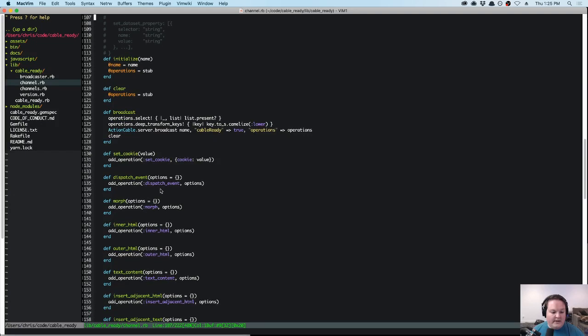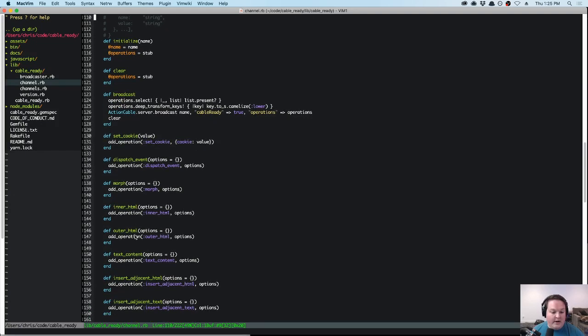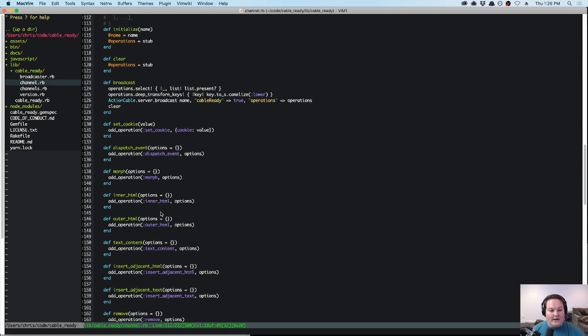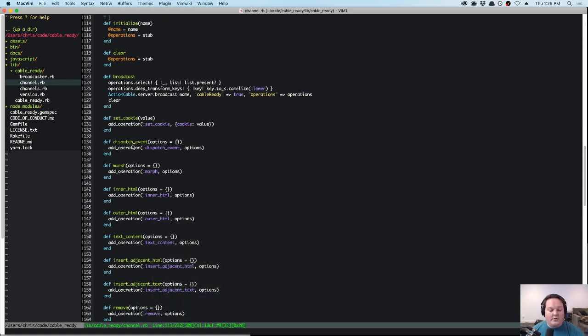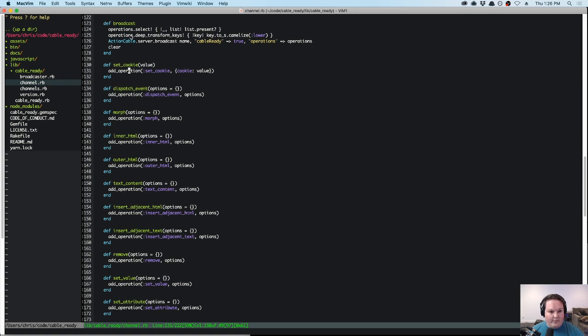So it's helper methods to define things like outer HTML and inner HTML that all get broadcast over. So as we can see here, these are adding operations. They're kind of just queuing them up for being done later when you call the final broadcast, which will go through each one of those, make sure that it transforms the keys correctly and so on, and then it sends it over